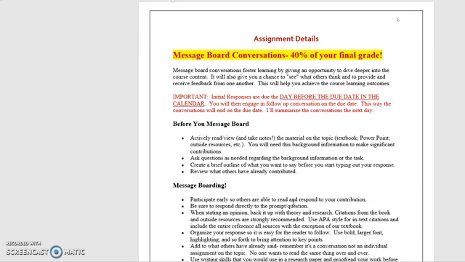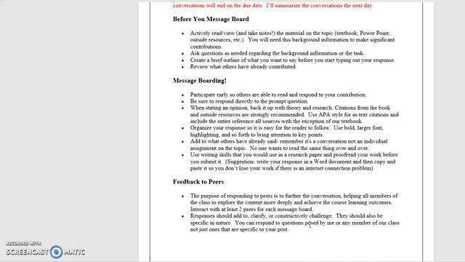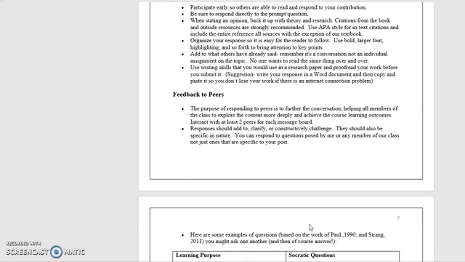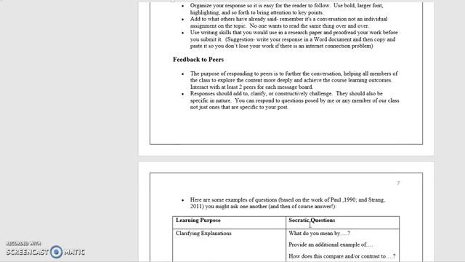Here's information you need to know about the message board. I really want you to spend a lot of time reading through this, because if you know what I'm expecting, these are pretty high-level conversations. You'll perform in a much better way, and that performance obviously will translate into increased learning and a higher level